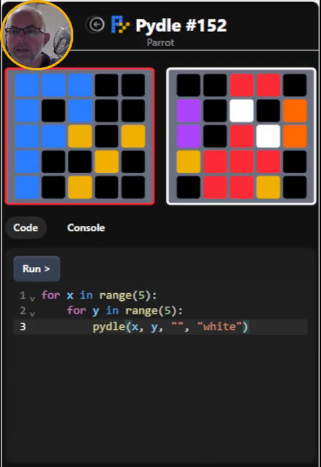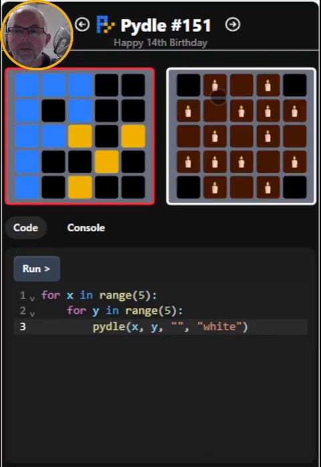And if you need some hints on how to solve Pydle, or a small tutorial, then watch the rest of this video as I will now solve yesterday's Pydle, which was a birthday cake with 14 candles and the message happy 14th birthday. Okay,